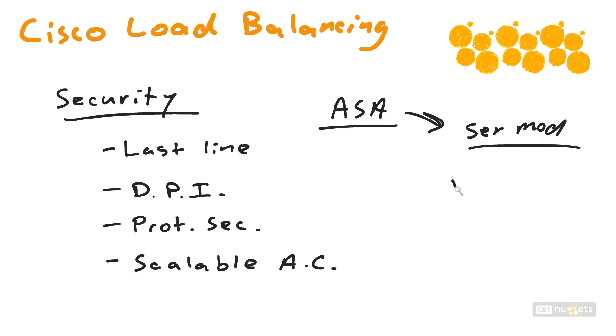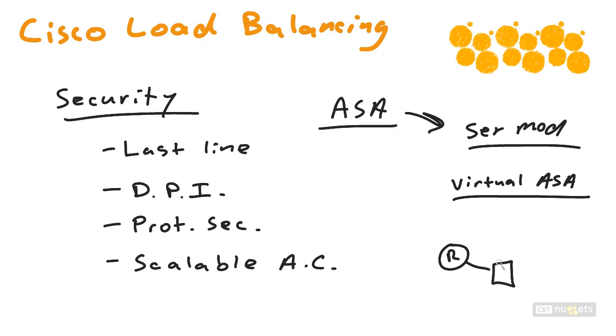In fact, we could even use the virtual firewall, the virtual ASA in our VMware environment. That's our primary line of defense. But in a defense in depth approach, where we have routers doing security for us, switches doing security for us, the ASA doing security for us, and now even our load balancer integrating into the security environment, the ACE ends up being a powerful last line of defense. Yeah, in that overall defense in depth type strategy where everything can do a little bit of security for us,